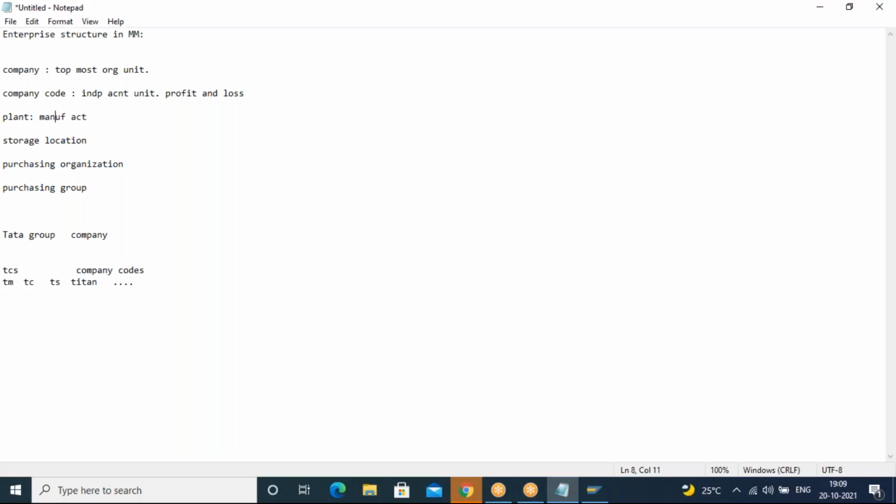What is the difference between finished and semi-finished product? A car is a finished product. Inside the car, we are going to have car seats, car outer body, engine. So these are called the semi-finished products. Either you are going to manufacture a finished product or a semi-finished product in the plant.